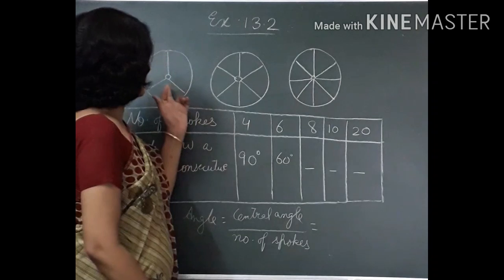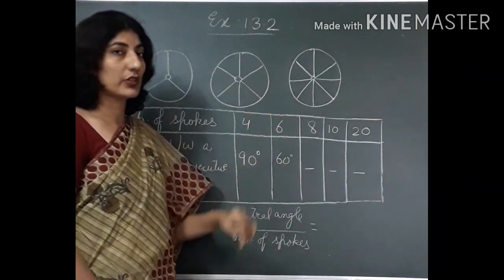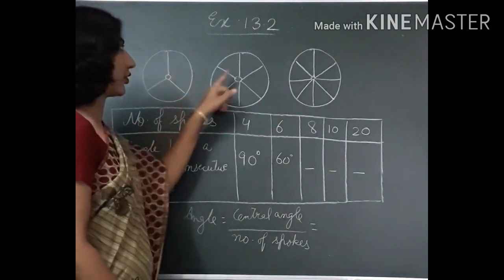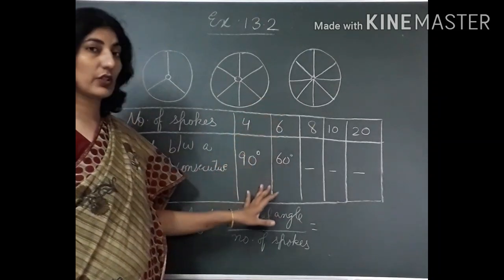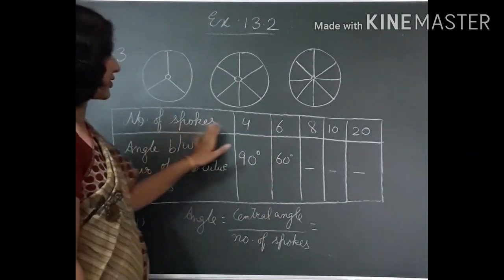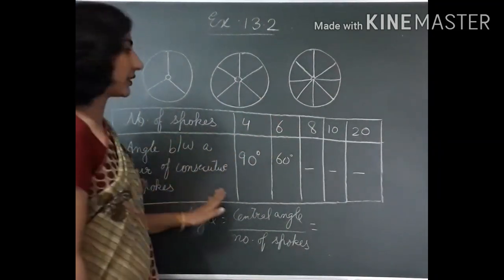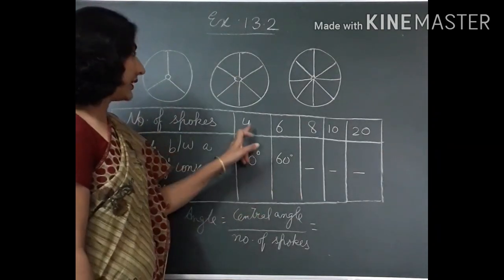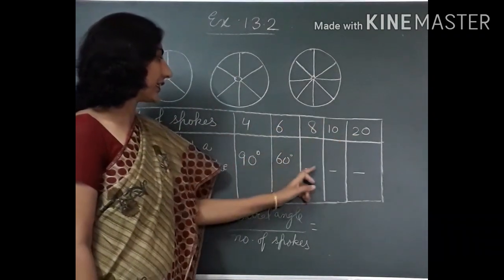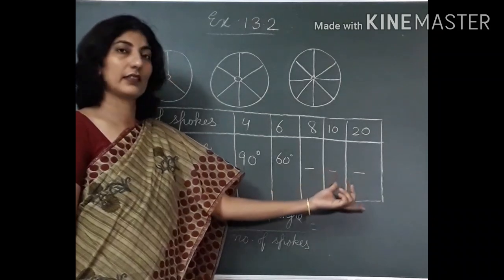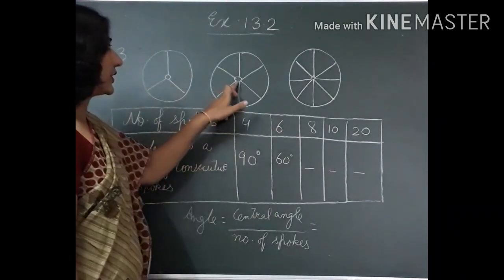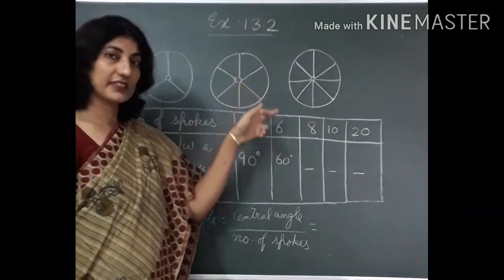In question number 3, if you see, there are certain wheels drawn there and the spokes of the wheels are drawn there. And there is a table given below. In the table it is written the number of spokes and the angle between the pair of consecutive spokes. The number of spokes are given everywhere. Here the angles you have to find. 3 blanks are given. You know that in a circle the central angle is 360 degree.